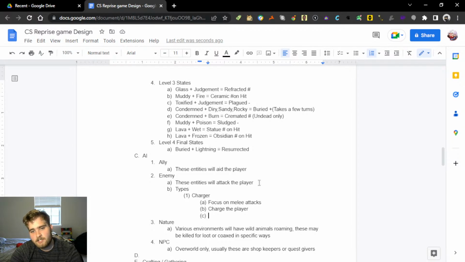So it's going to focus on the melee, charge at the player, yada yada. But the other thing that we can do for a charger is we can just have it say,